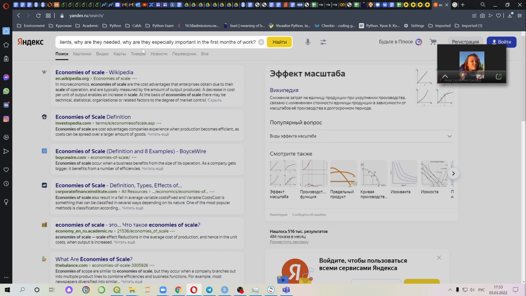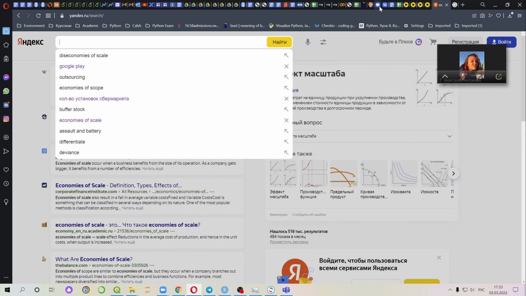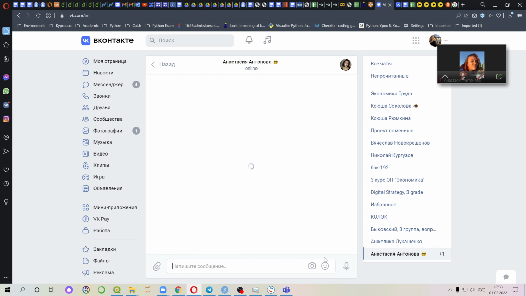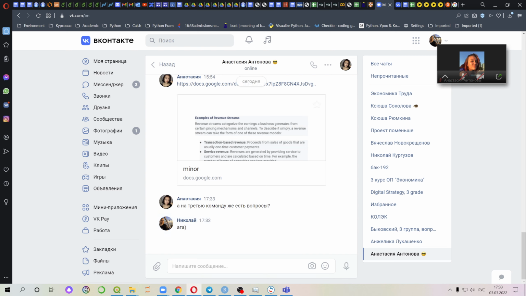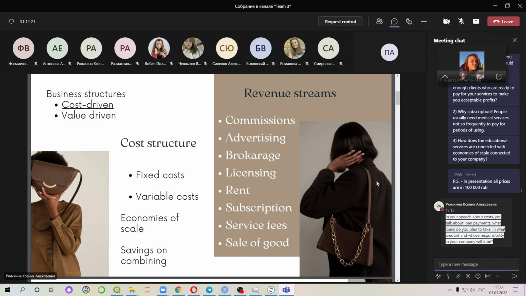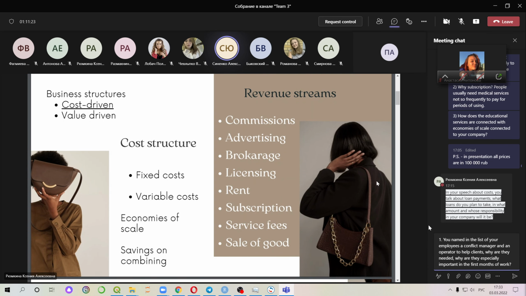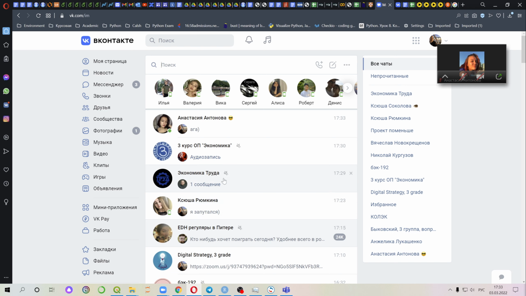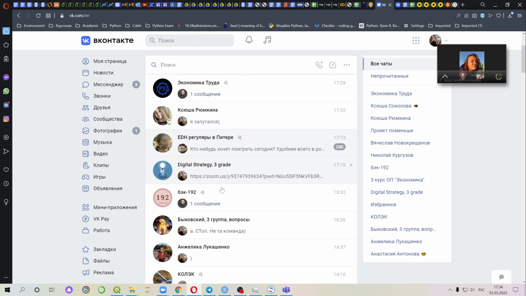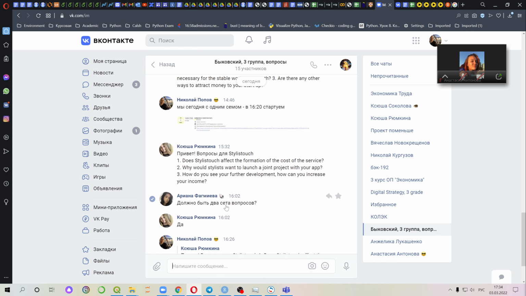The second is value-driven. This type applies to companies that focus on consumer values. They usually produce products and services of a premium segment with a high degree of relationship with customers. We think that the business structure of a stylist is value-driven because it's largely based on the value of a stylish image for the client and not on the cost committed by the stylist during the compilation of the image.